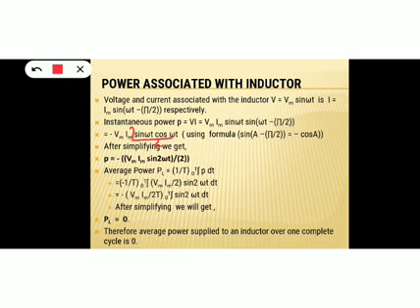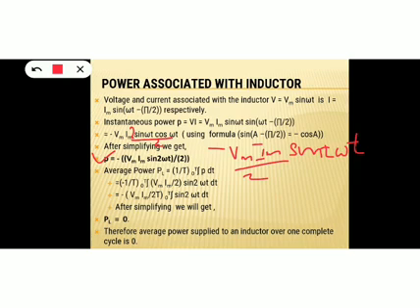And what is 2 sin theta cos theta? That is sin 2 theta. So here minus Vm Im by 2 sin omega t cos omega t will be sin 2 omega t. Okay, so that is written here. That is the instantaneous power expression: minus Vm Im sin 2 omega t by 2.